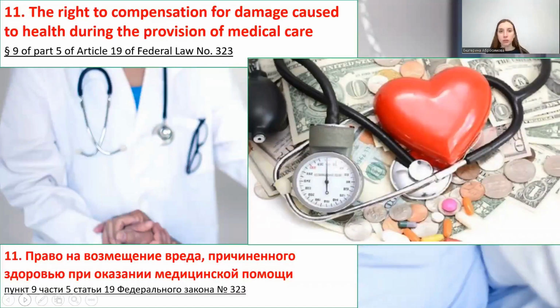This right is enshrined in paragraph 9 of Part 5 of Article 19. It is one of the basic rights of the patient, which is enshrined in the current legislation, because the effectiveness of the law is manifested, among other things, through the possibility of compensation for damage caused to goods protected by law. The patient's rights, noted above, would largely